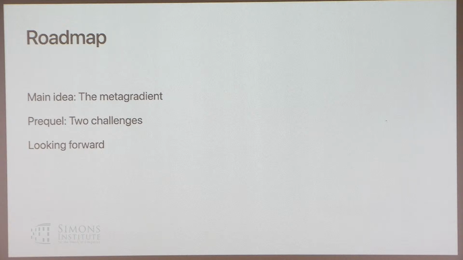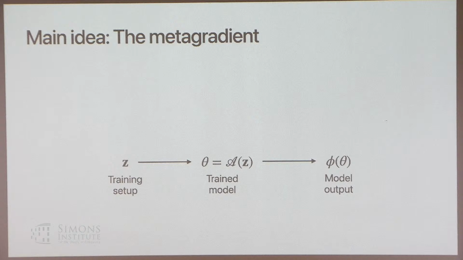Okay. So the rest of this talk is going to be organized in roughly 3 parts. The first part, which is probably the most important, is the main solution concept, the main idea that we're going to introduce, which is called the metagradient. We're then going to go back a little bit and talk about how we actually do the first part. And then, keeping with the theme of this workshop, I'll maybe talk a little bit about what I see the future as.